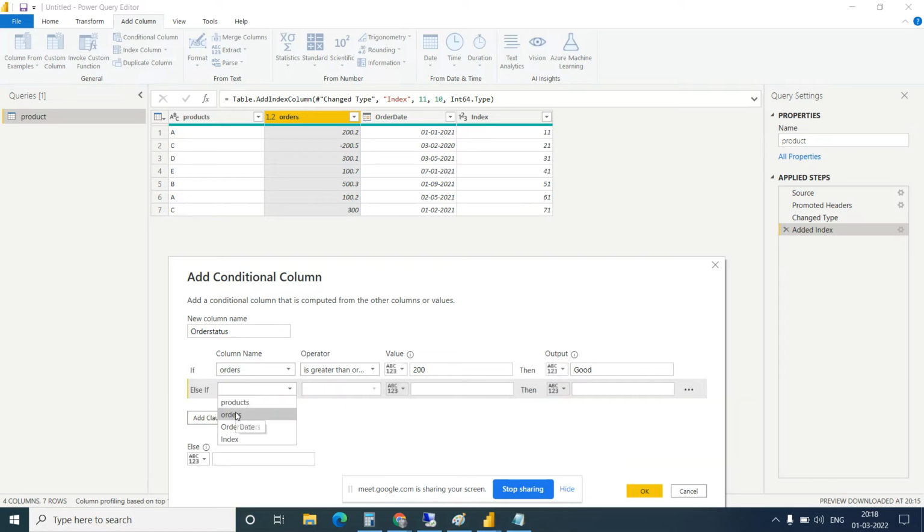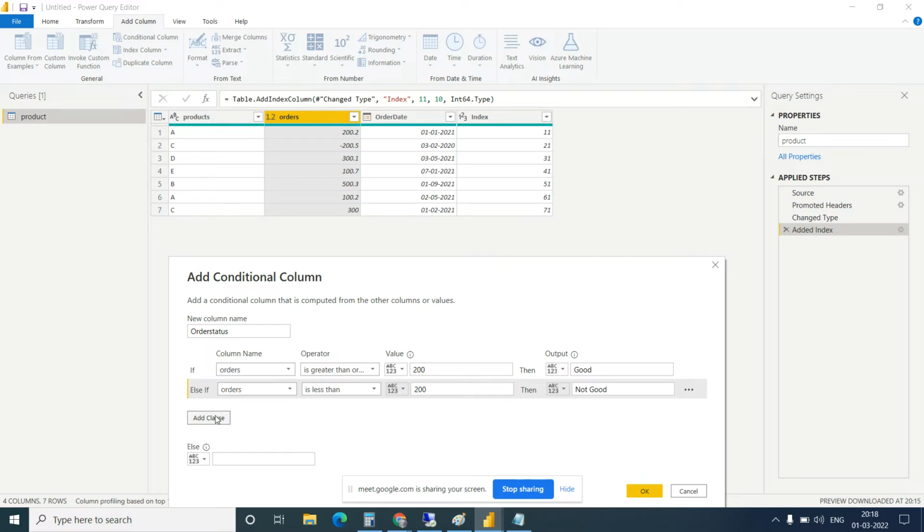again click on orders. Okay, not good. If less than 200, where is the less than 200? So it will become a not good. Okay, if it is greater than 300, then what should it show?